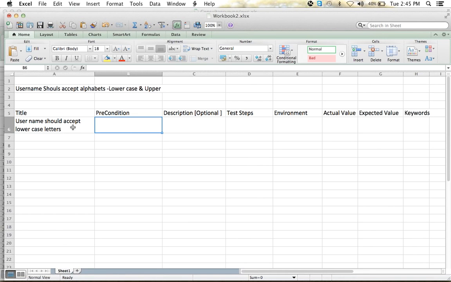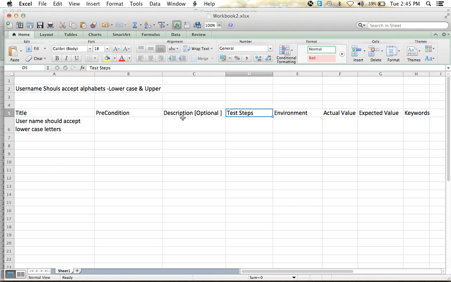Even a non-QA person can understand by seeing the test case, because he knows what is meant by test step, what is meant by environment, what the expected and actual values are, and what a keyword is. So this is a template already designed for a particular test case. Depending on the tool, it will also differ. For example, there is only a description in QC.